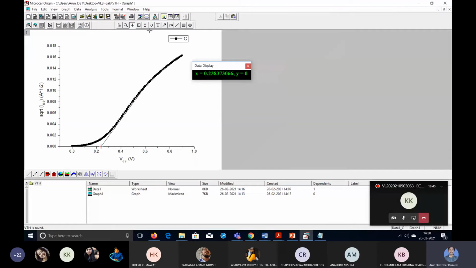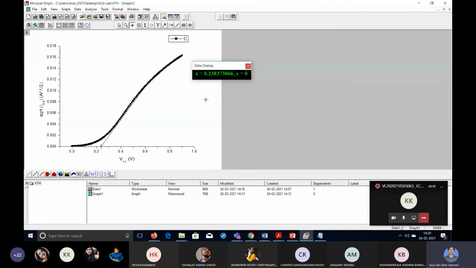So this is the marker screen reader. This one you can take and you can read data at any point. So either you find it from ID versus VGS, that is also possible, or you plot underroot ID versus VGS and draw a tangent and wherever it cuts, you read that point. From that, X is voltage, Y is current. So X is this much. So this graph you can save. So in this way you can read it.